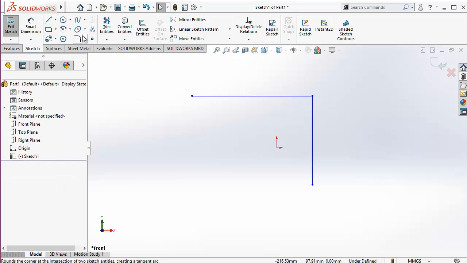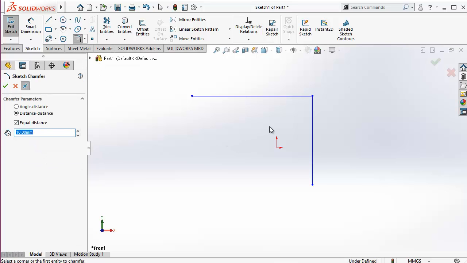Now again there's a sketch chamfer. As you can see, there's a smoothing of surface in the sketch chamfer, so it is either distance to distance based or angle and distance based. So the most simple one and the easiest one is the distance to distance based with an equal distance. I'm taking 25 mm as the distance from each side, and the same way either I can click on these